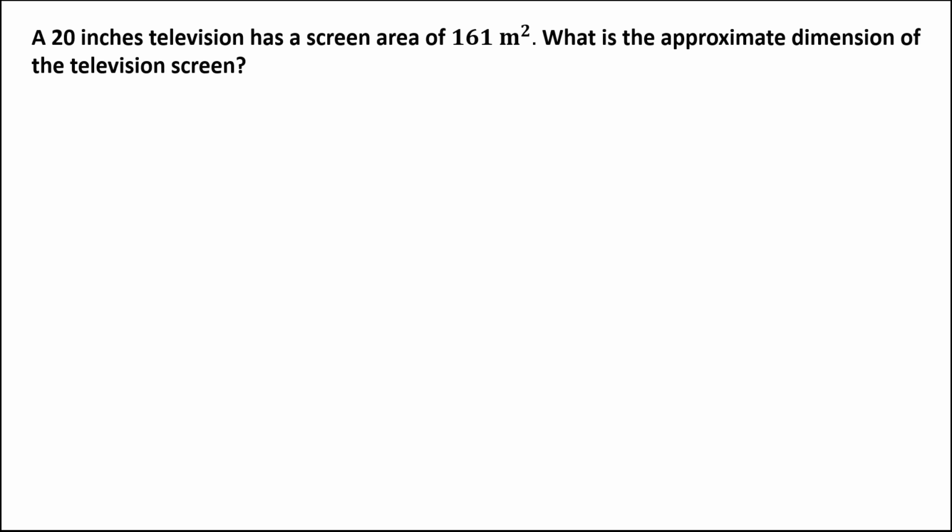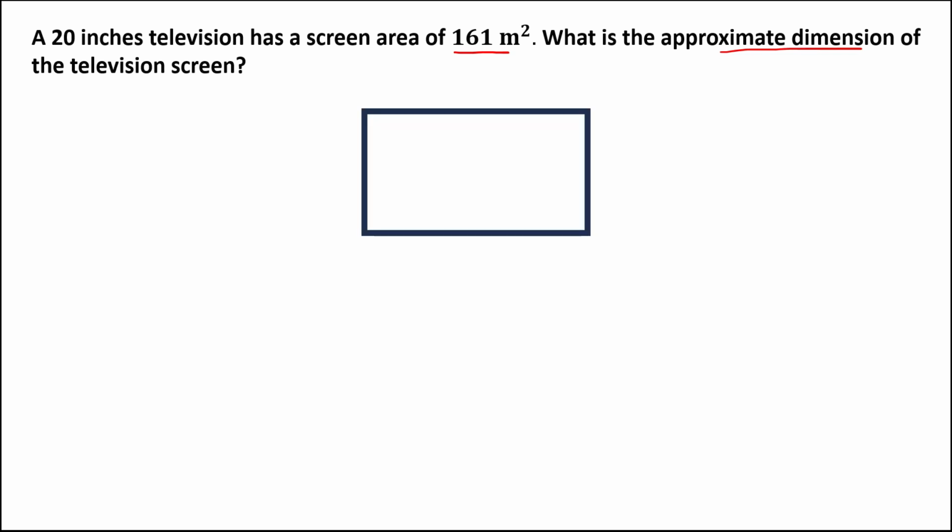For this problem, a 20 inch television has a screen area of 161 inches squared. What is the approximate dimension of this television screen? So if this is the television, to find the size of this television, we use the diagonal length, since